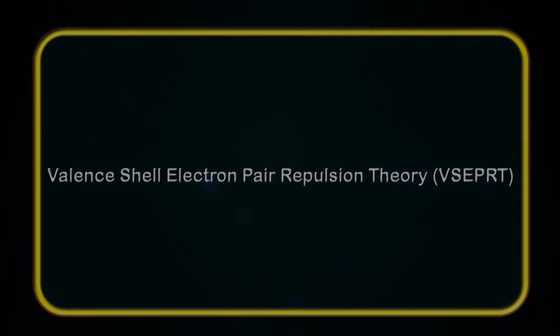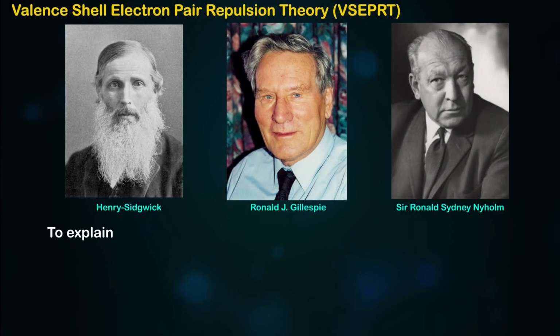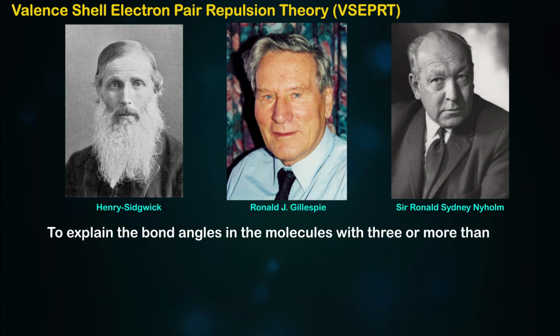Valence shell electron pair repulsion theory. To explain the bond angles in the molecules with 3 or more than 3 atoms attached to a central atom